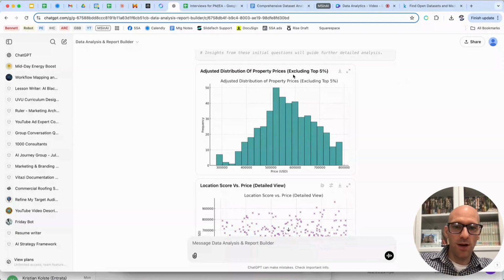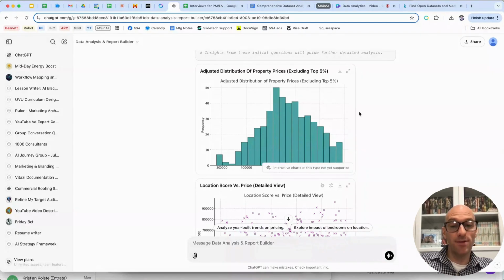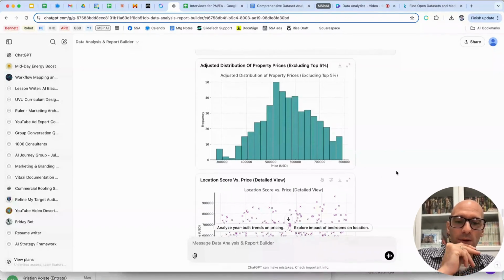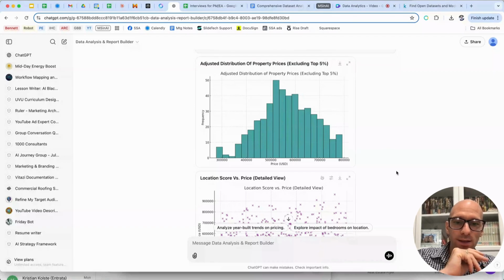Adjusted distribution of property prices excluding top 5%. So that excludes the outliers, and we're seeing that this is bimodal. It's a little bit bimodal here, isn't it? Maybe that it has a little hill there. So you can see that about the middle of this is somewhere in here, around. So it's not enormously different. If you took like income, you'd probably see a much bigger difference. It's like you can see that